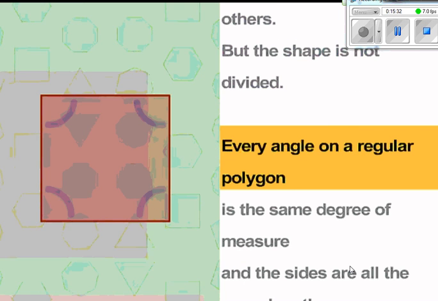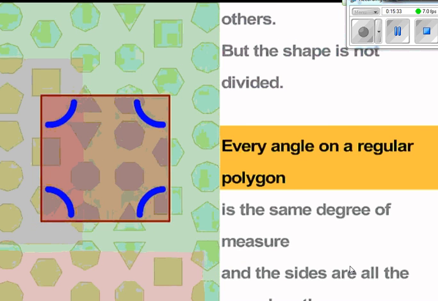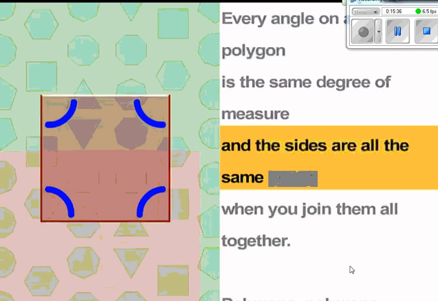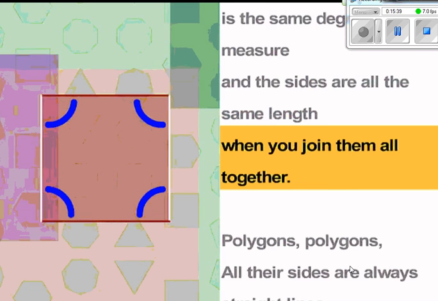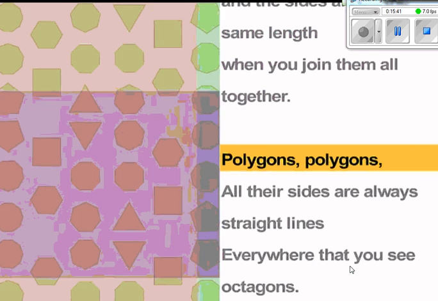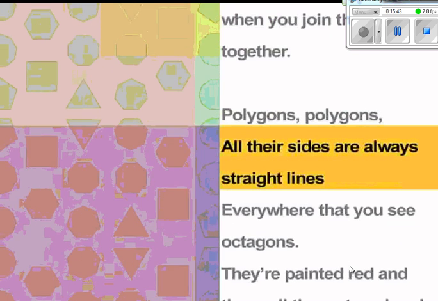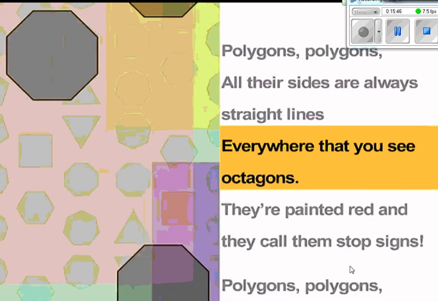Every angle on the regular polygon is the same degree of measure, and the sides are all the same length when you join them all together. Polygons, polygons, all the sides are always straight lines. Everywhere that you see octagons, they